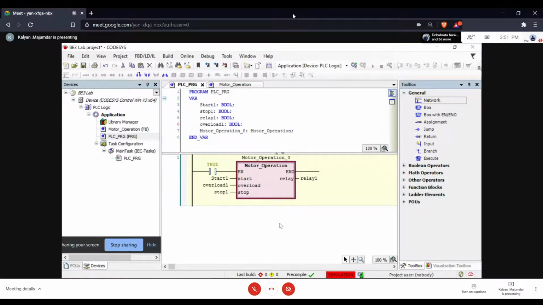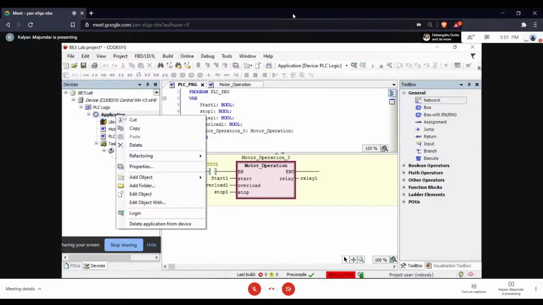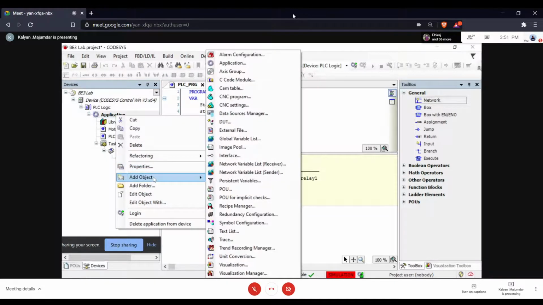এবার the last part is visualization. Visualization যদি করতে চাই, আবার it's a part of my application. আবার right click, add objects. You did the same thing যখন function block add করেছিলে, কিন্তু এবার আমি POU করছি না। I'm not adding another code block. I'm introducing visualization, যেটা প্রায় নিচের দিকে আছে।